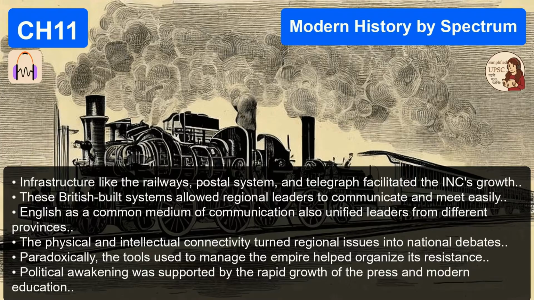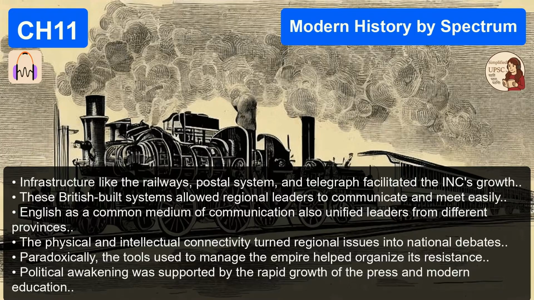So for the next 2 decades, who is running the show? When we use the term moderates, who are we actually visualizing? We are visualizing the absolute intellectual elite of India. You have to remember names like Dadabhai Naoroji, Ferozeshah Mehta, W.C. Bonnerjee, Surendranath Banerjee, and of course, G.K. Gokhale. And what was their social background? Their social base was very specific. They were urban, highly educated, and almost entirely upper middle class or upper class. They were barristers, high court lawyers, prominent journalists, and university professors.